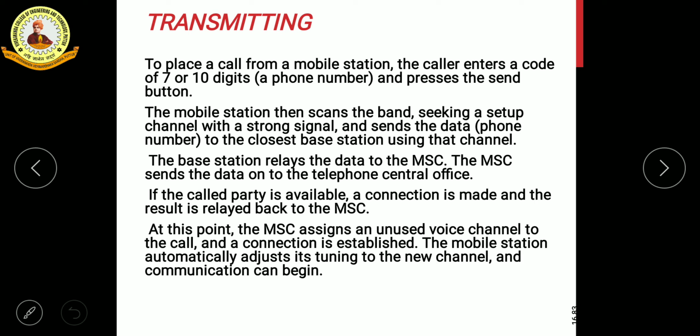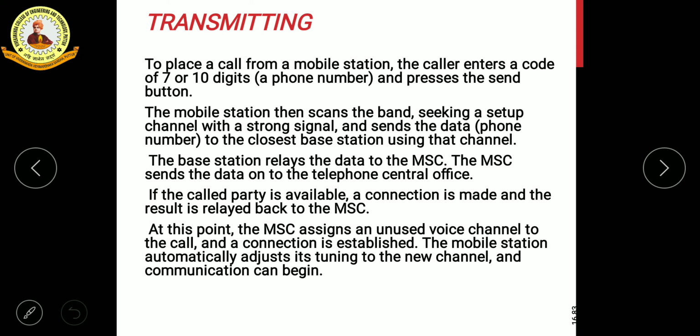If all the voice channels are busy at a particular point of time, then you will hear a busy tone. That is, the network is busy, some errors like that you will find every now and then. So that is the reason for that. If there are no unused voice channels for the call, then the MSC will give you information telling that the network is busy. You can call after some time. That is the meaning of it.